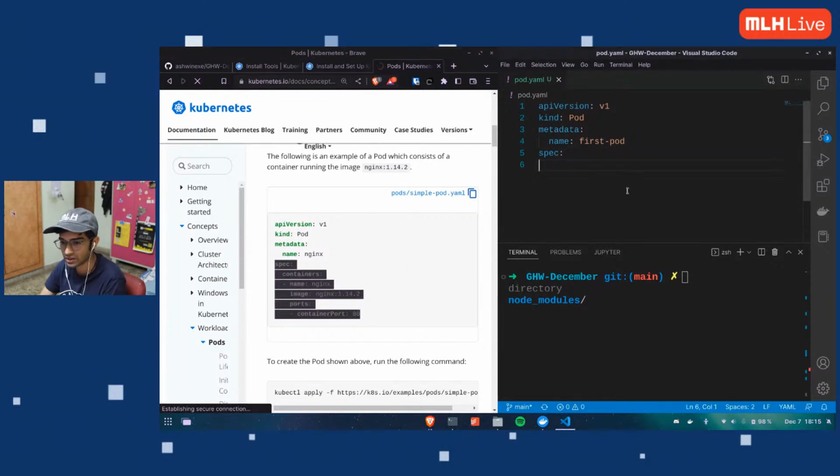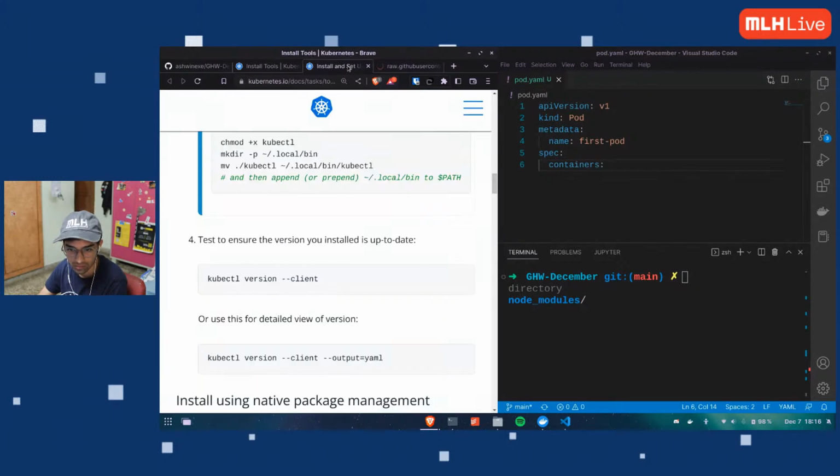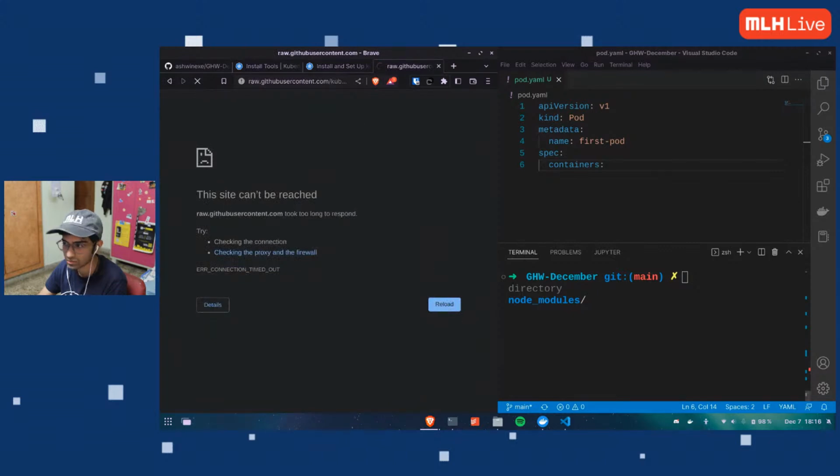So if I go here, give an indentation, I'm saying I'm talking about containers. Oops, that's weird. Wait, is it my internet? My internet is fine.